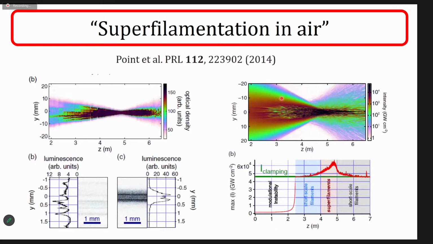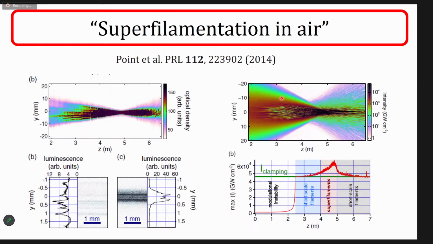There was a terawatt beam focused at 5 meters, which set such conditions for multiple filamentation that the filaments formed before the focus, and the multiple filamentation patterns developed well before the focus. But in the focal region, where the beam becomes shrunk, the so-called superfilaments appeared with a higher plasma density, maybe higher intensity,